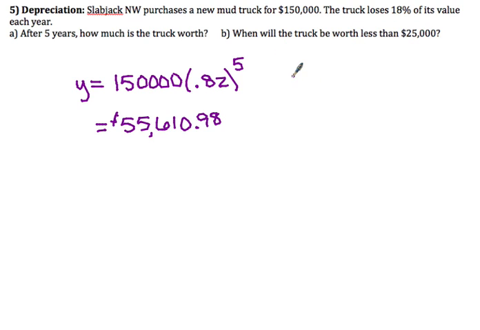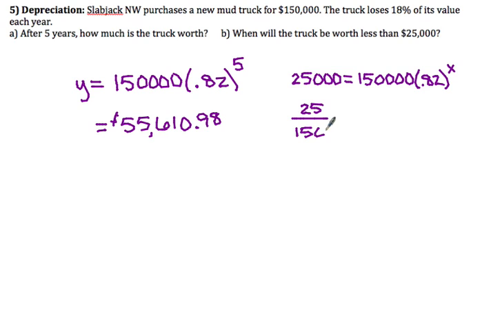So now the value of the truck, that's our y, so 25,000 is going to be equal to 150,000 times our 0.82. Now the unknown is our time, which is our x value. So we can divide both sides by the 150,000. So we end up with 25 over 150, which actually can reduce more, down to 1 over 6, but this will equal